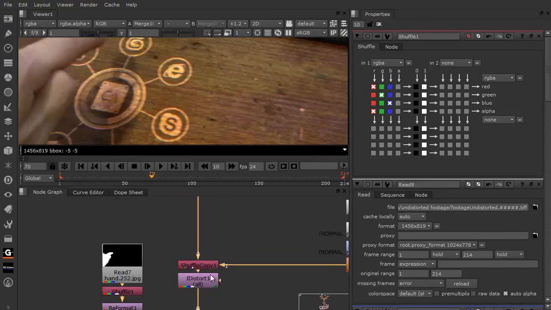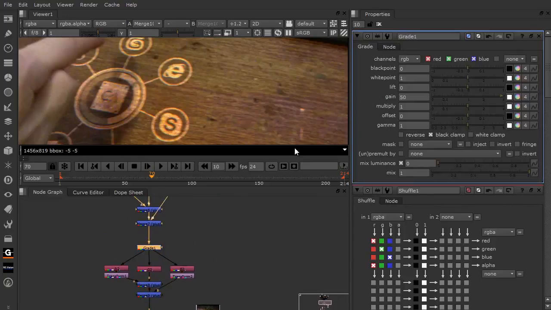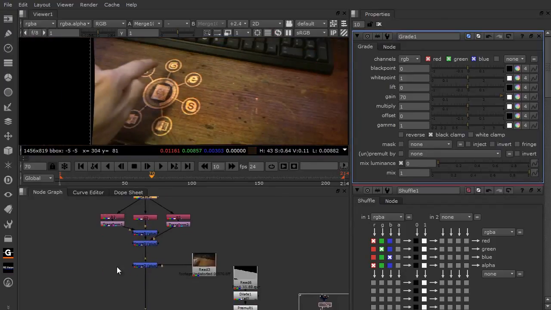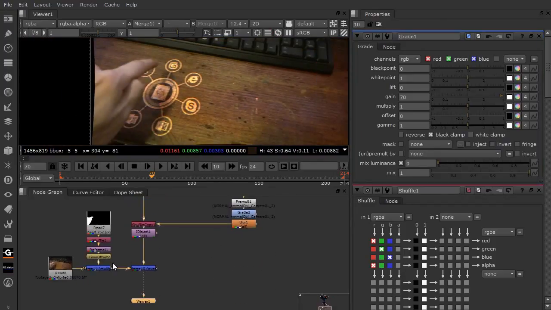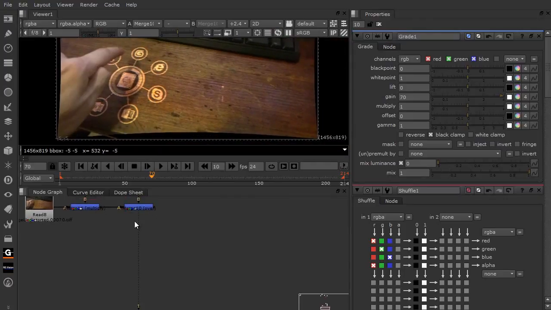Very good. One other thing I'd like to do is brighten this up a little bit more. So let's go back to the grade. Let's try 55, 60, 70 even. That looks better. And what we can do now is add in some glows. I really like glows. I tried to refrain from making them over the top, so let's try and be very sensible. Let's add in a glow,